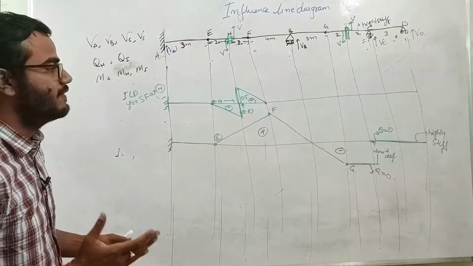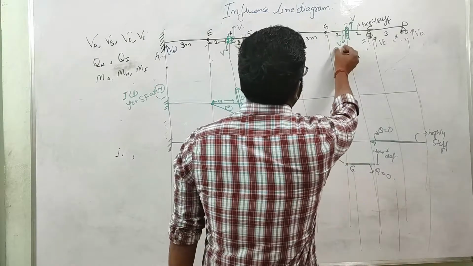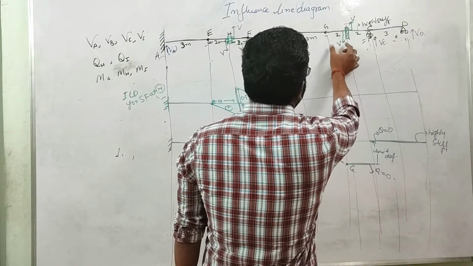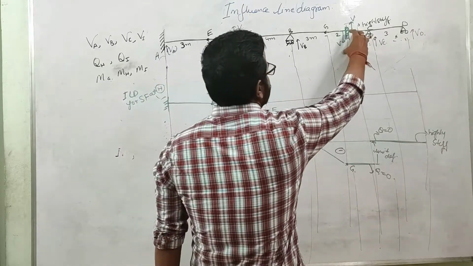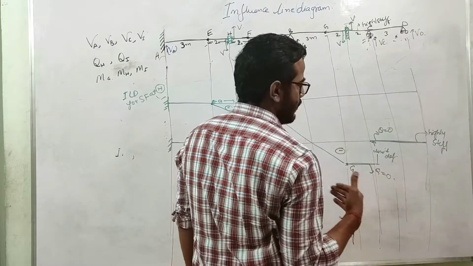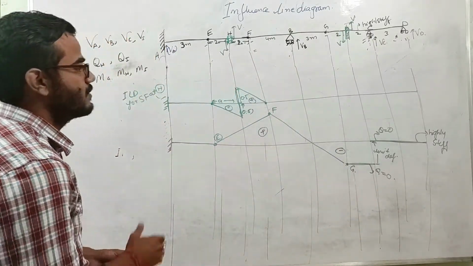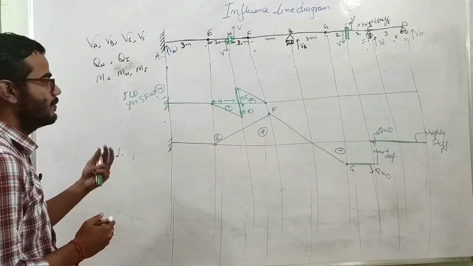Okay, we just draw the deflection diagram when we are giving the unit deflection along this shear force. When we are deflecting it by unit amount, this G point will also come down, because when we are releasing the shear force, this portion has also lost some of its stiffness. That's why this G is coming down over here. Okay, so this covers the influence line diagram for the shear force at the H point and I point.